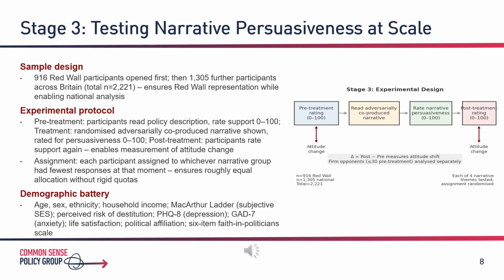The demographic battery is unusually comprehensive compared to standard political opinion surveys, and each element reflects theoretical predictions about what should moderate narrative responsiveness. The MacArthur ladder of subjective socioeconomic status asks respondents to place themselves on a 10-rung ladder representing society from the bottom to the top. This subjective measure is included because it captures perceived relative position better than objective income for some purposes. Someone with a high income but large mortgage payments may feel economically precarious